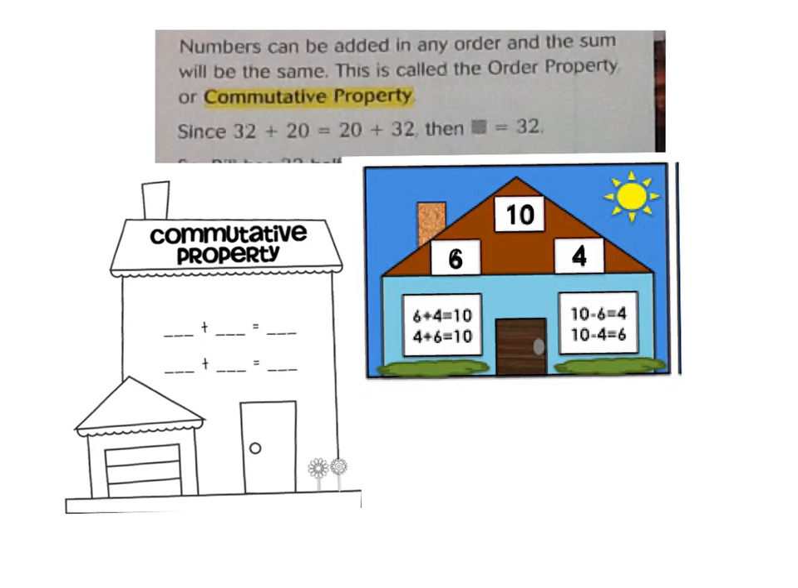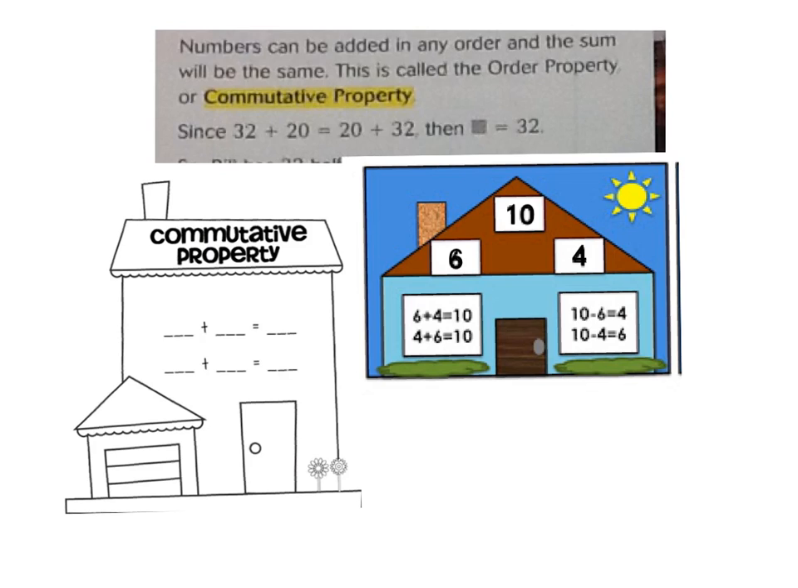Okay, our first property that we're going to discuss is the commutative property. The commutative property is one that you probably already know. It's the fact family property. What the commutative property says is that numbers can be added in any order and the sum will be the same. It's also called the order property, which says if you're adding 32 plus 20, that's going to equal the same as 20 plus 32. The answer is always going to equal